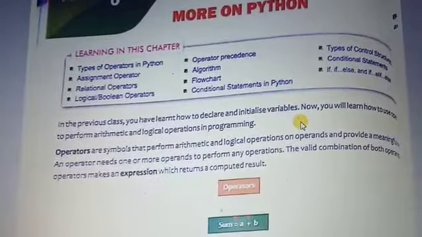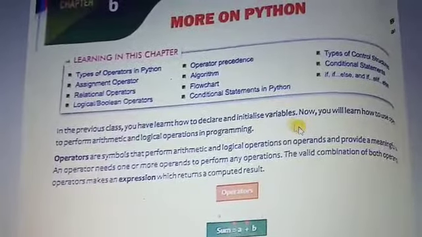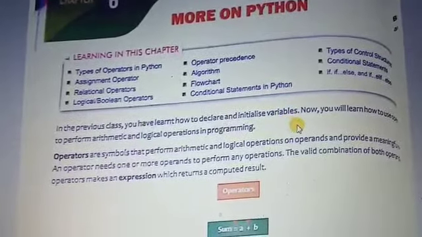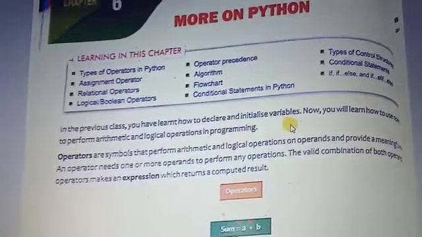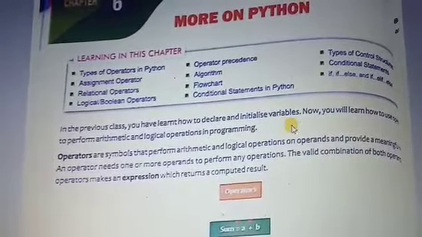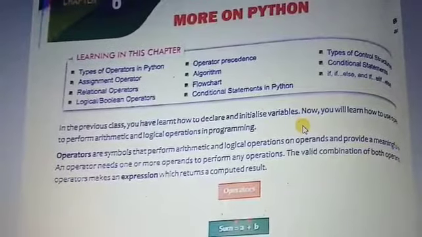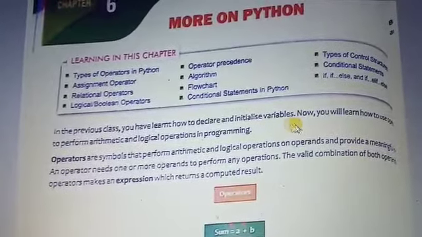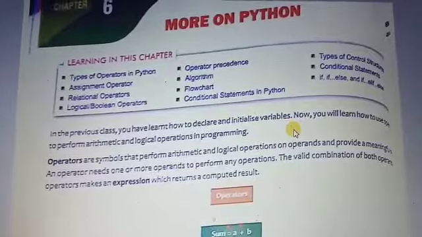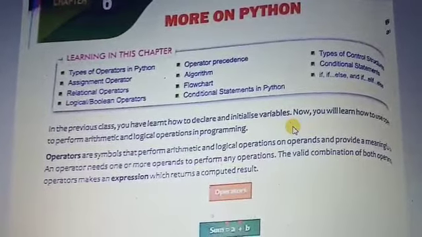Suppose you define a variable A and assign a numeric value, then it contains the numeric data type. Suppose you define variable A again and assign a string value, that means characters or letters, then its data type is string. So it is a very easy process to assign a variable and its value.